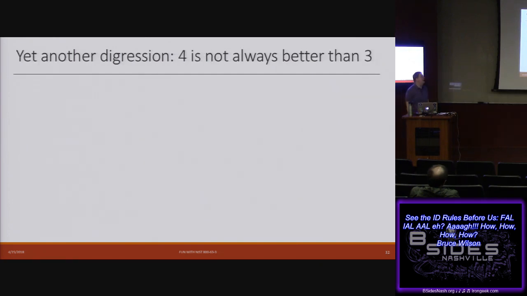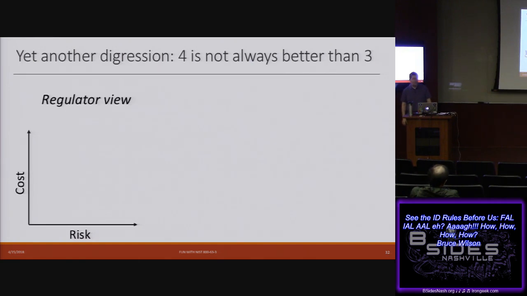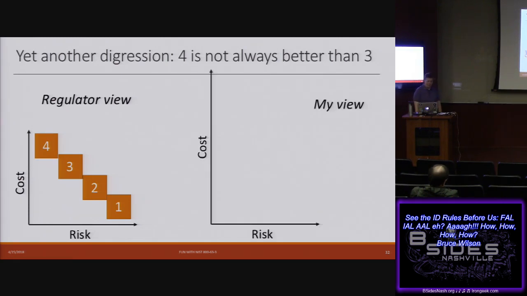The final point that I want to make, and this was a lot of conversation that I've had with various people in the federal government. There is this perspective: 4 is a bigger number than 3. Therefore, level of assurance 4 is always better than level of assurance 3. And I think there's this view that when I look at cost as a function of risk, as a regulator, I have level of assurance 1 and level of assurance 2. Yeah, okay, that's maybe a little bit more expensive, but it's always less risk than level 1. Level 3, again, I'm going to spend a little bit more money, but I'm always going to reduce risk. Level 4, same concept. My perspective on that is a little bit different.